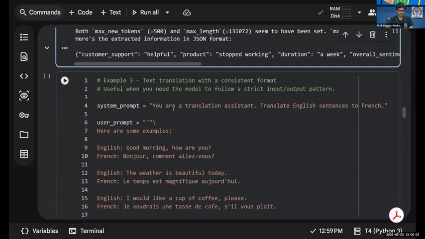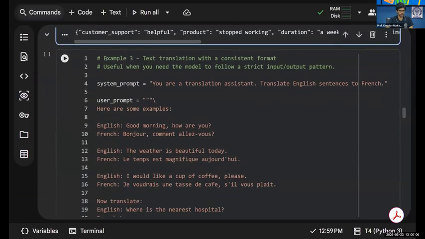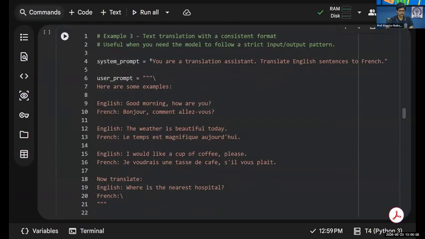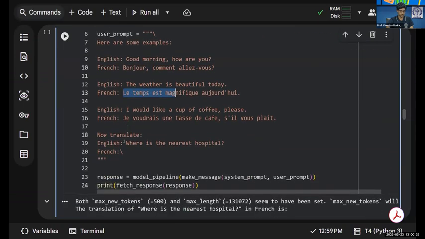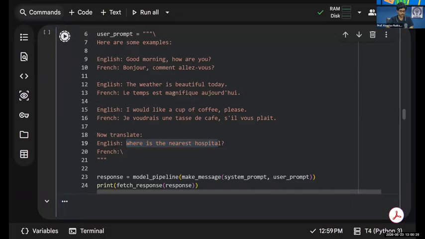Okay, here is another example of few shot prompting. The system prompt is, you are a translation assistant, translate English sentences into French. The prompt contains some examples like good morning, how are you, and the corresponding French translation. So there are a few sentences and their translations. And now we say, translate this sentence, where is the nearest hospital? Now if I run this cell,